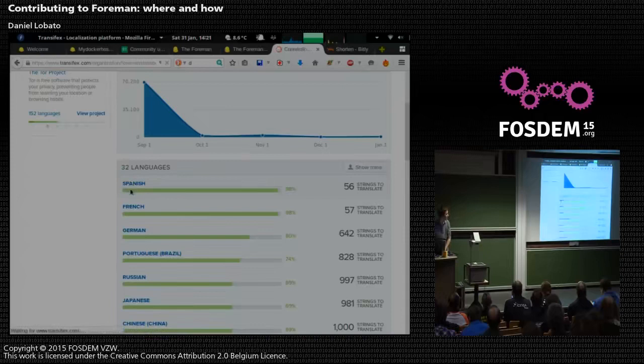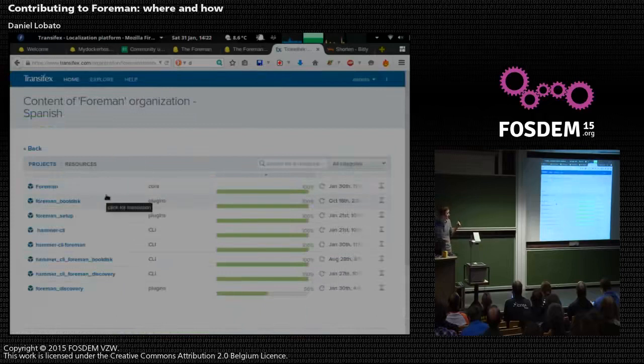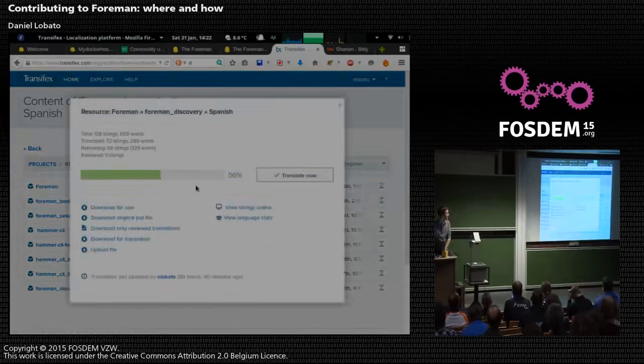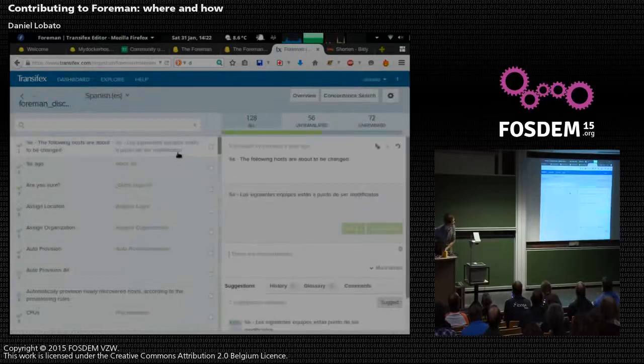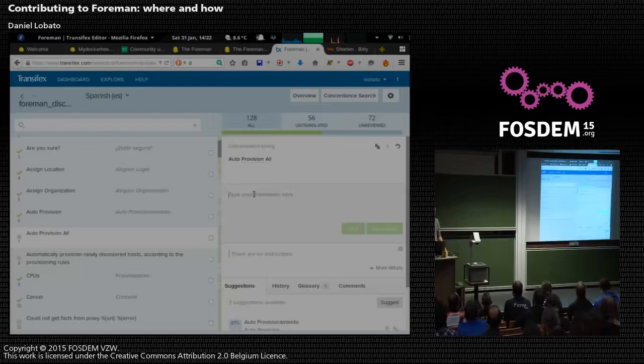But anyway, since I speak Spanish, I'll pick that one. So I clicked on the Foreman organization, then Foreman discovery needs some help. I click on translate, and basically you see here the strings that do not have a translation. You click on it. We have a glossary for terms because we know that things like provisioning, hosts, don't translate well in some languages. So in this case, auto provision, it looks like it was auto provisionamiento. So I guess it's